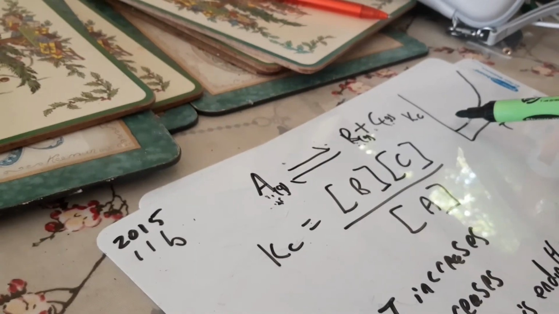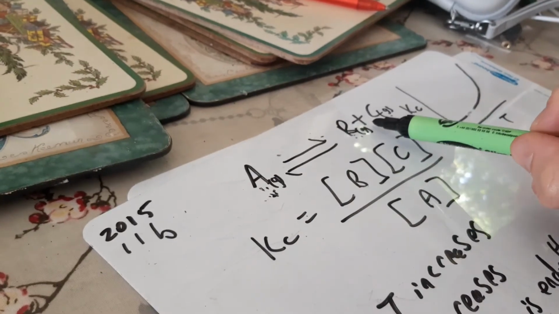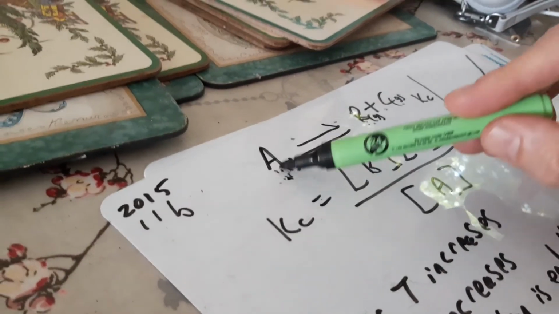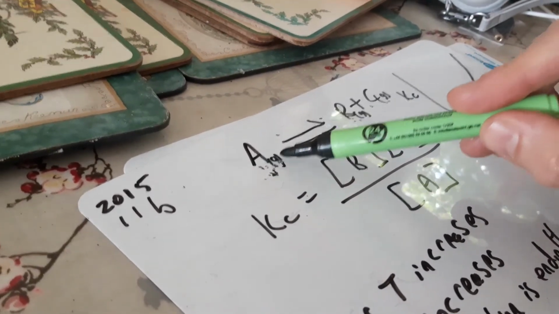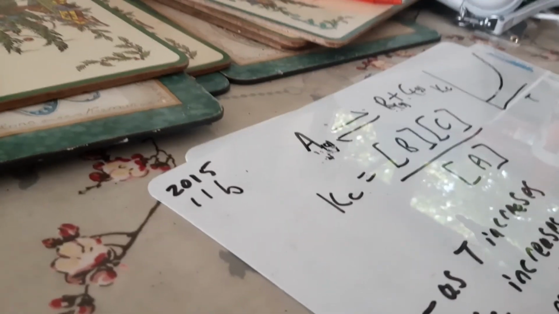So if we increase the temperature, the pressure will increase. If we increase the pressure, the system will try and offset that change by reducing the pressure, so we'll get more of A produced, so it will produce more of A overall. Okay, so we'll end up with more of the A produced at the end of the reaction.